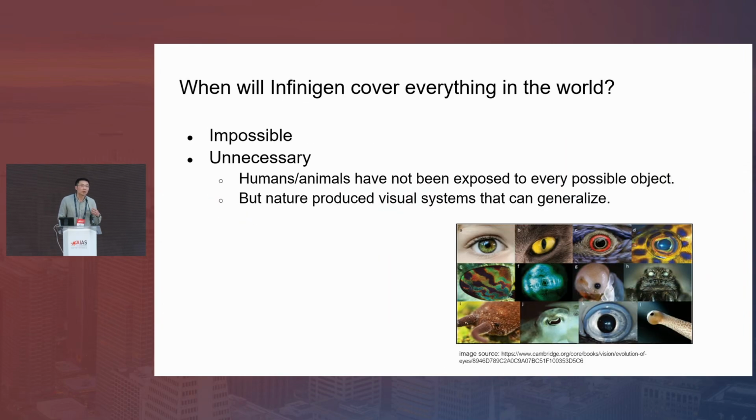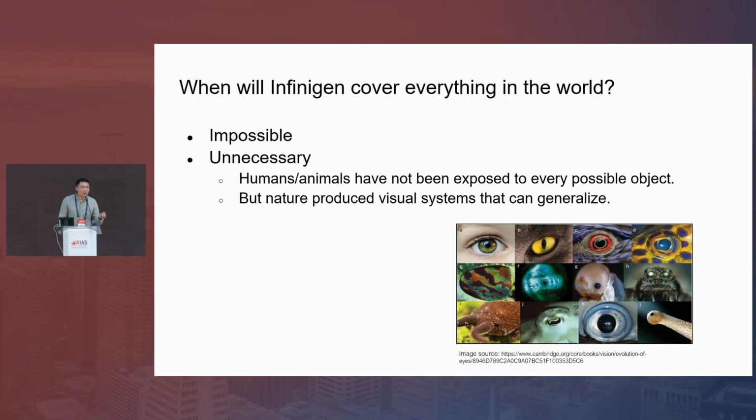And a related question is, okay, let's say we'd like to approximate the real world, but we still would like to cover the entire distribution, right, even with an envelope. But when will we cover everything in the real world? This sounds like an impossible task. Yes, it's indeed impossible because no data set or data set generator can claim to cover every single possible instance that will ever happen in the real world. But we would argue that it's actually unnecessary to do so.